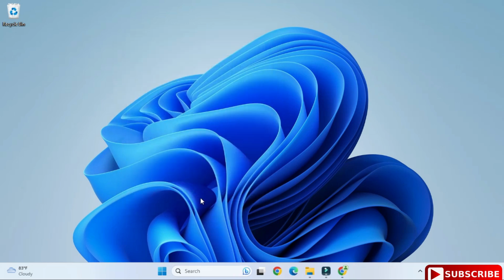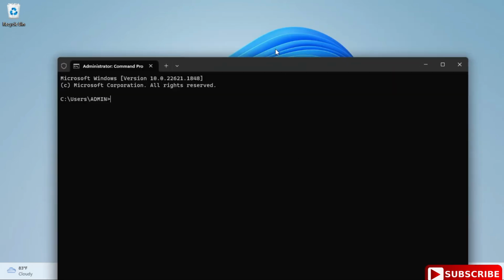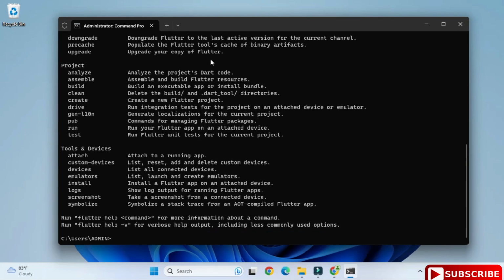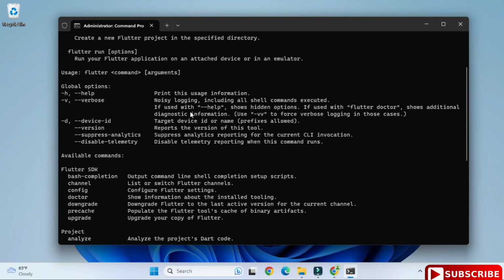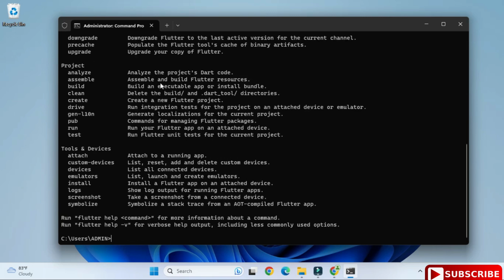Now just go to the command prompt once again and type the flutter command again. Now, guys, see, I'm not getting the error that flutter is not recognized as an internal or external command. So my Flutter SDK is set now. When you type flutter, it shows different options or menus. In this there is one very helpful menu known as Flutter Doctor.